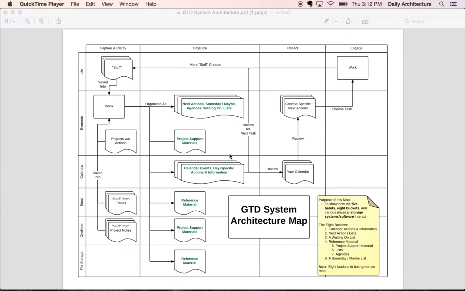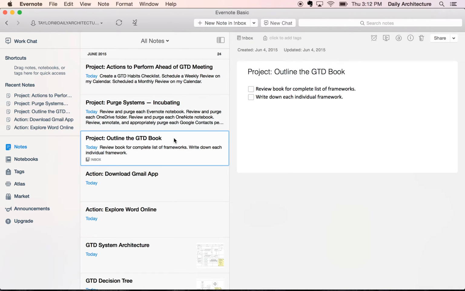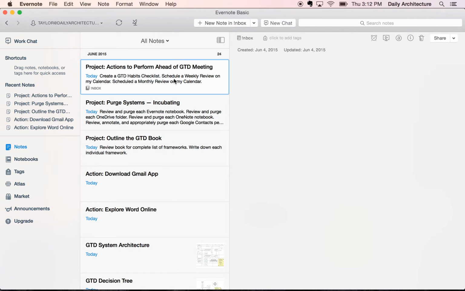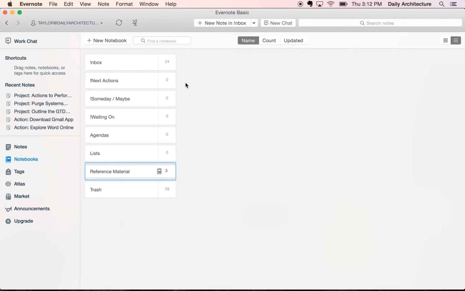So what I'm going to do is move to my Evernote to show you how to set up the notebooks so that your organizational system is prepared. Okay, we have Evernote here, and of course you can see the notes that we've been creating over the last two videos. I'm going to go to the notebooks here and show you that I have created the corresponding notebooks, and I want to show you that there is a relationship between what's in notebook and what's in the